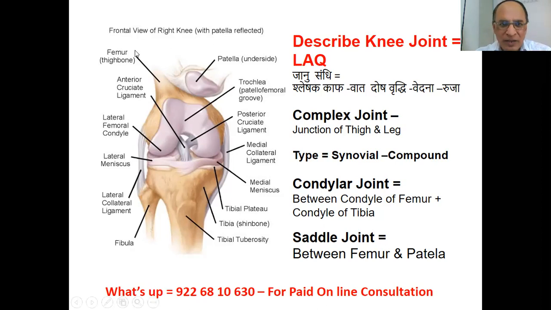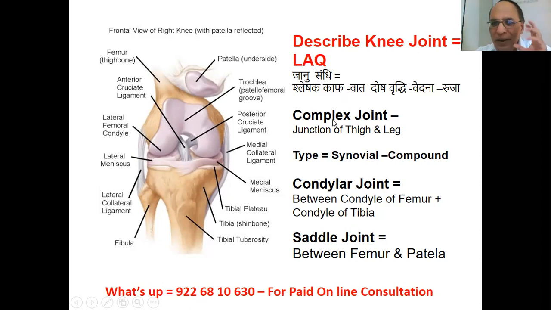This is, you can see, the femur. Can you see over here? Then I will go anticlockwise. Anterior cruciate ligament, here you can see, and posterior cruciate ligament, that I'm going to tell you afterwards. Then lateral femoral condyle, okay. Then lateral meniscus, and this is the medial meniscus. Lateral collateral ligament, and this is the tibia, the big leg bone, and this is the fibula. And here also one of the important structures is the patella.